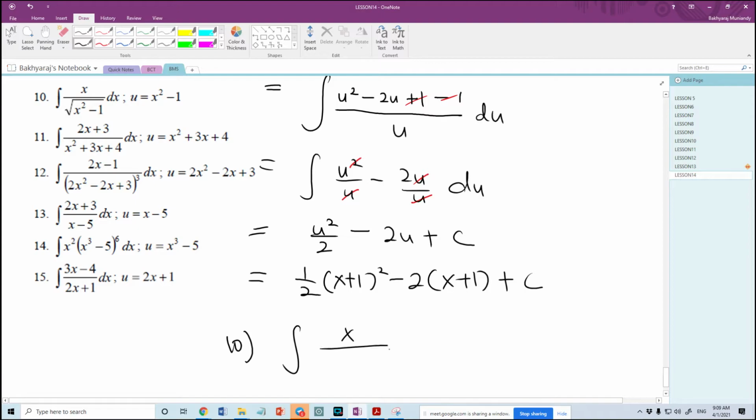Integrate x over square root x square minus 1 dx. Okay. Saya nampak di mana? Bagus saya nampak. Okay, x over square root x square minus 1. Where's your camera? Okay, next, go for u. u is actually x square minus 1. Okay, look at